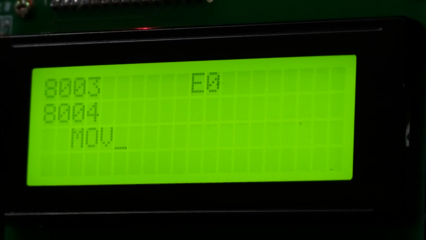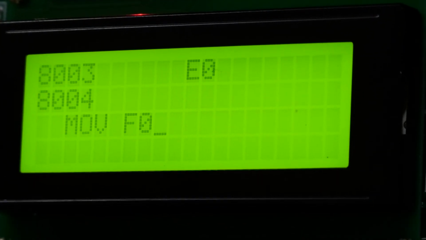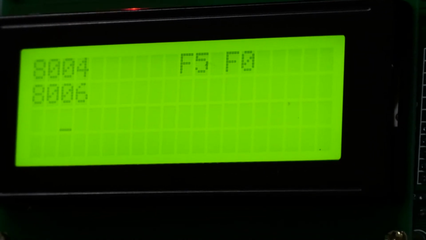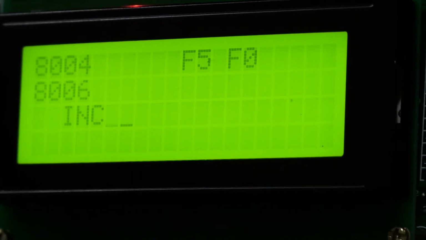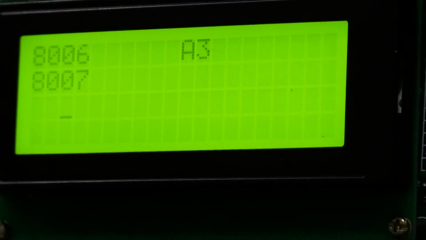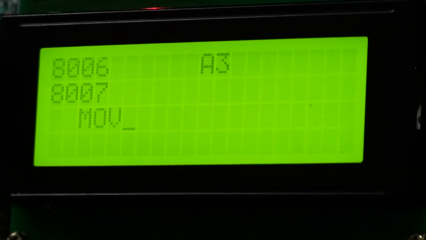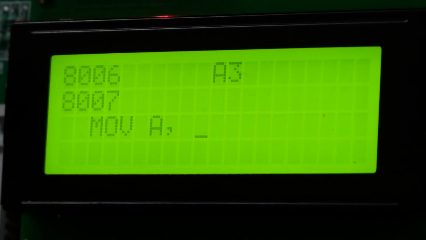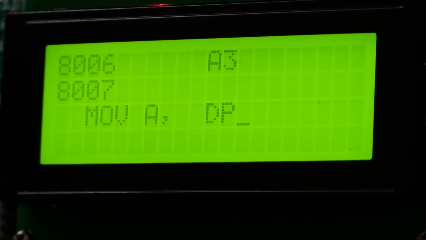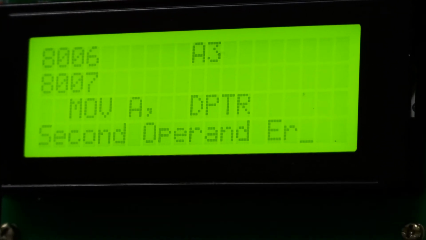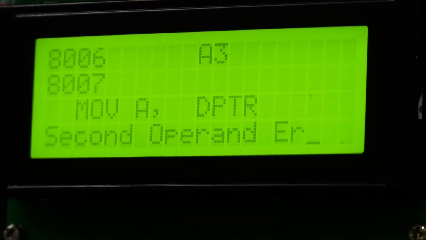Next, MOV F0, A. Next, INC DPTR. Next instruction, MOVX A, @DPTR. Enter. To perform the multiplication operation, MUL.